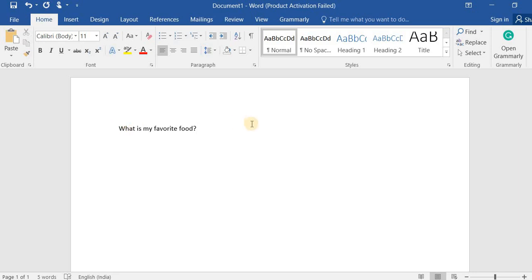Just take a precaution that you do not make a bullet or a numbering over there. You have to create a question as a plain question without numbering, like question 1, question 2 and question 3. This type of thing will not be supported in the Word file. So you have to create the question in a simple sentence, that is, what is my favorite food. And one thing you have to ensure is that each sentence ends with a mark, like a full stop or the question mark.